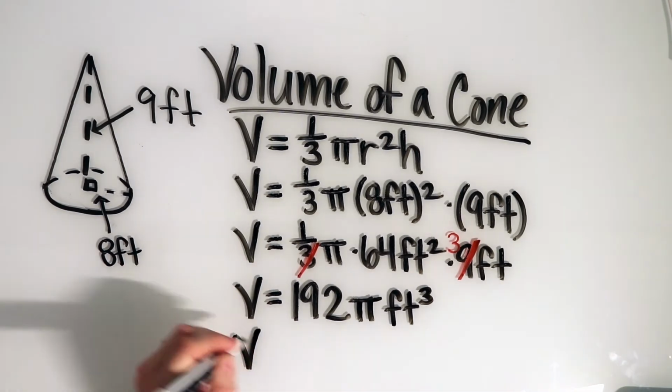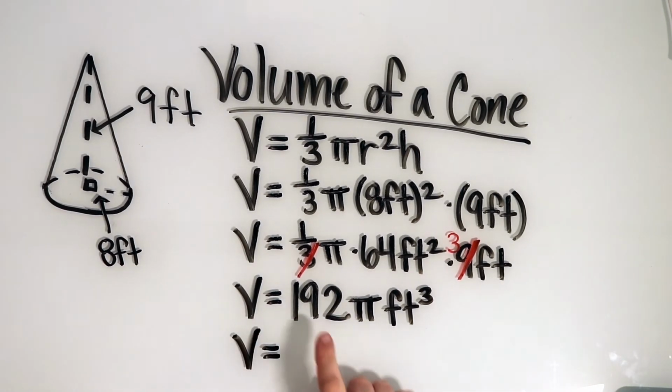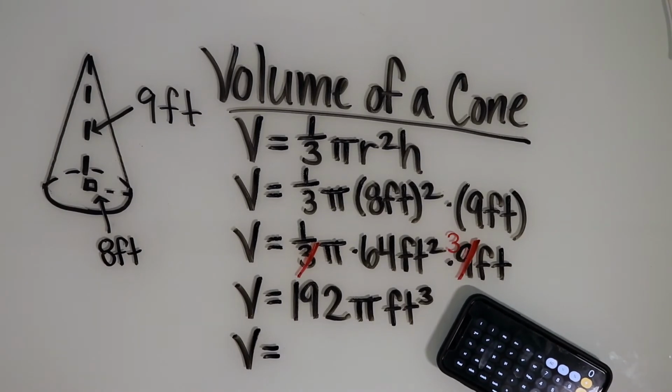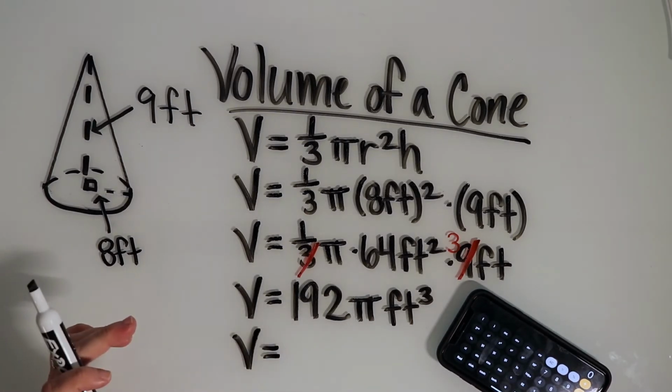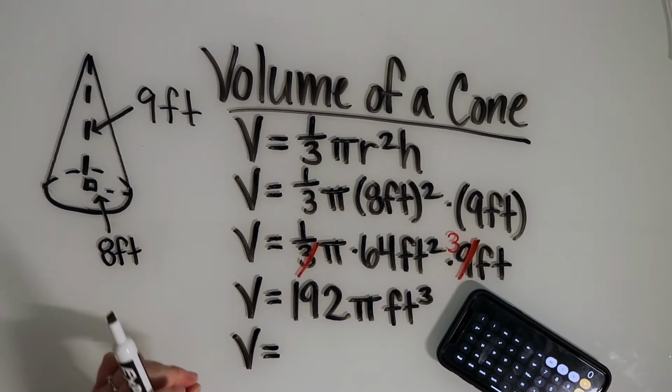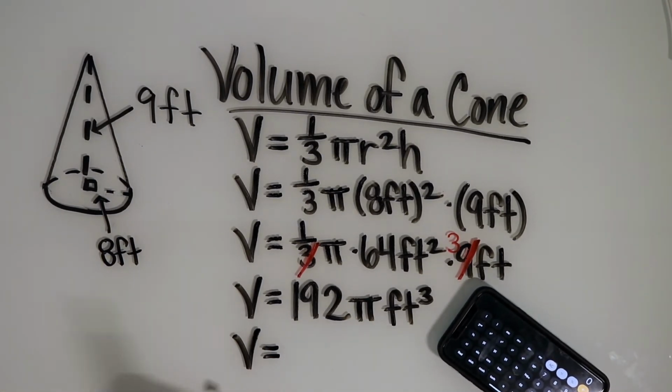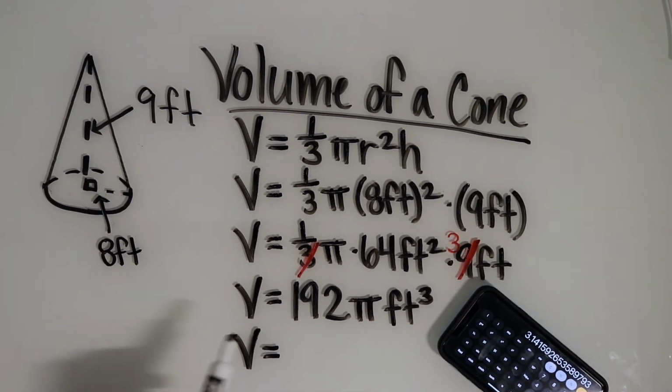Okay, and then I'm going to simplify it one more time. 192 times pi. So what I do is I grab my calculator and I'm going to put in 192 times pi. Now, if you use 3.14 as pi instead of the whole number for pi, then you're going to get a slightly different answer. So I'm going to use the whole pi, and then I'm going to show you if you just use the 3.14, okay? So here's the whole pi times 192, and I got